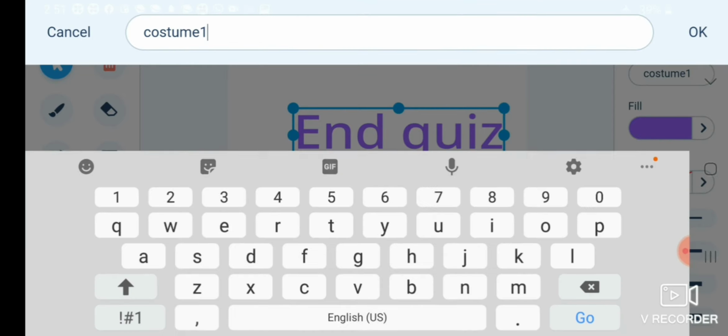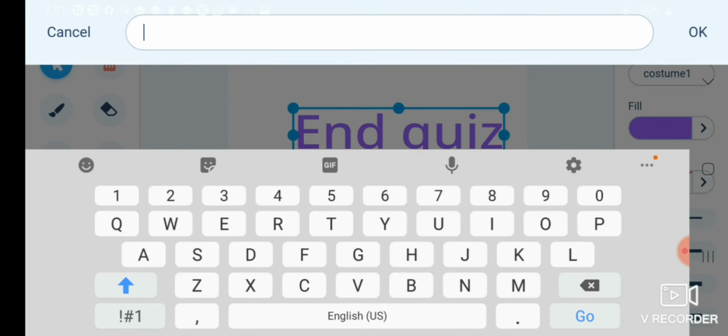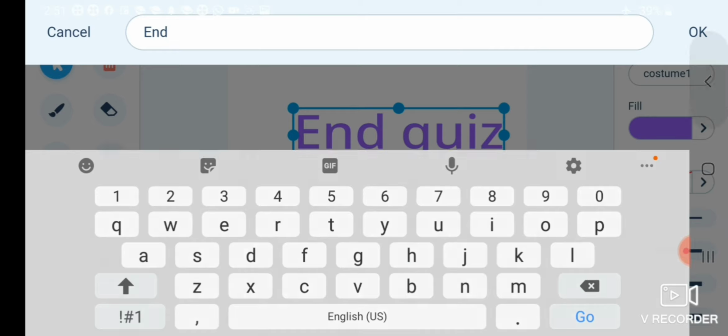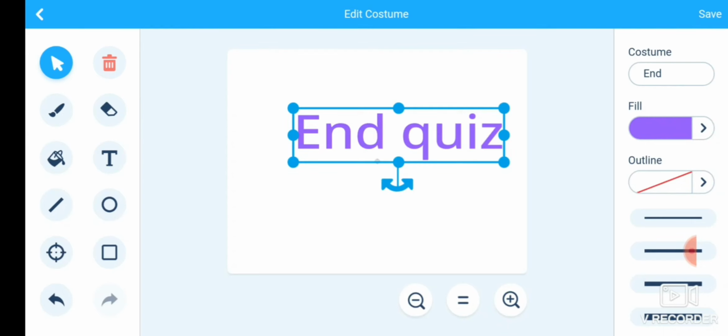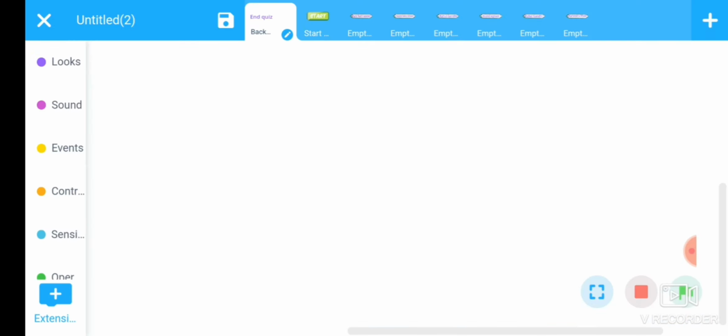Okay. Also name it as and then save it. Fine.